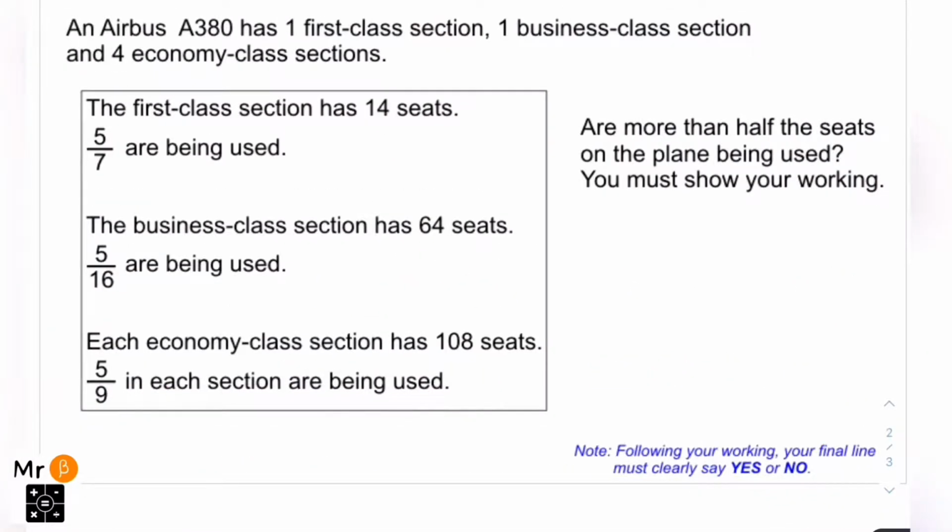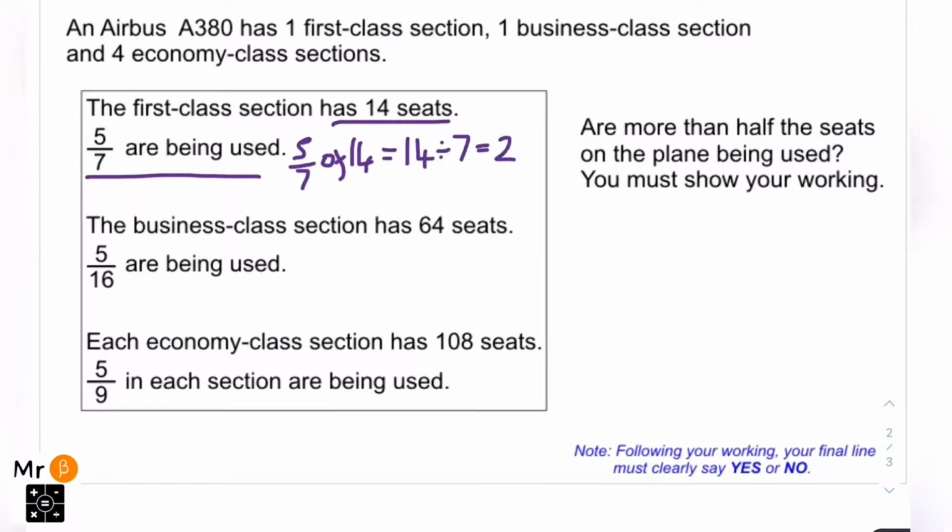So question 7. Again, they've given a lot of information. So we're going to do it step by step. We're going to read the first bit of information. We're going to do the maths. So the first class section has 14 seats. 5/7 are being used. So if we work out what 5/7 of 14 is, we do 14 divided by 7,